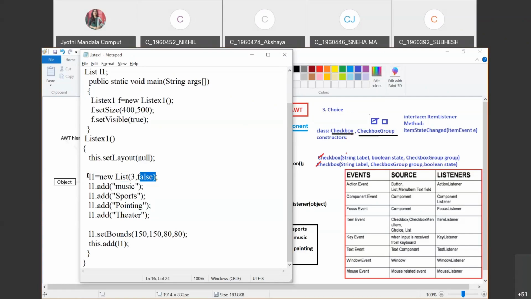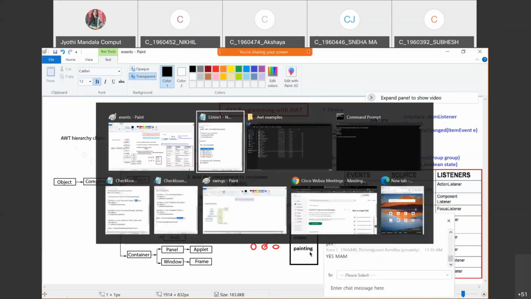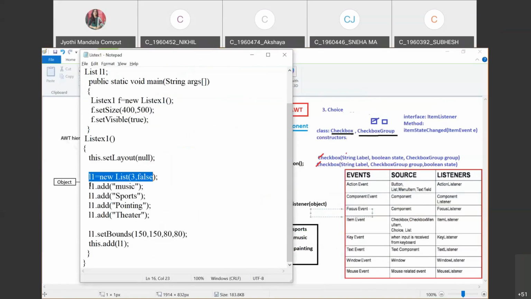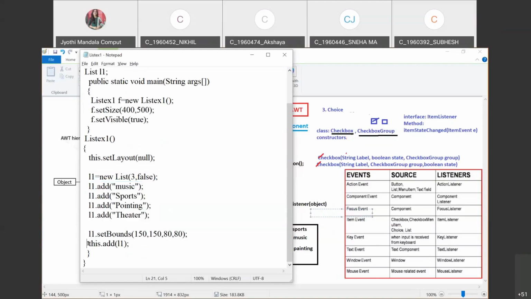Right? Now, whenever you are creating a list, you have created nothing but an empty list. But in that you have to add the things, whatever you want to display. That can be done by using L1.add method. You need to tell music, what are all the items you want to add. Now, once this empty list and the items are added, then finally this L1 needs to be added to our frame. And what is the set bounds? Set bounds is nothing but you want this component to be displayed at this particular coordinate axis. Okay. Everything is very simple. Just create an empty list. Okay. In that empty list, add the components and then add that one to the frame.